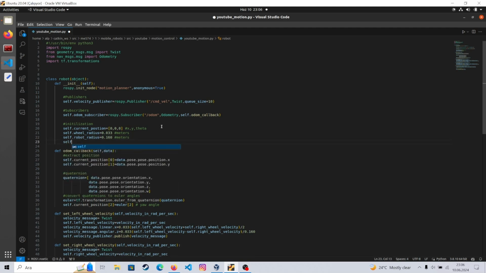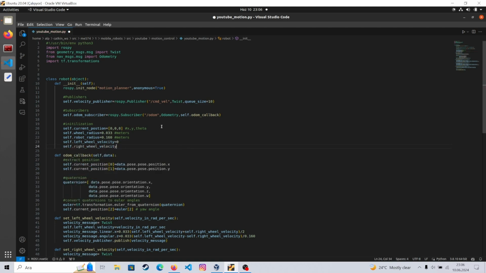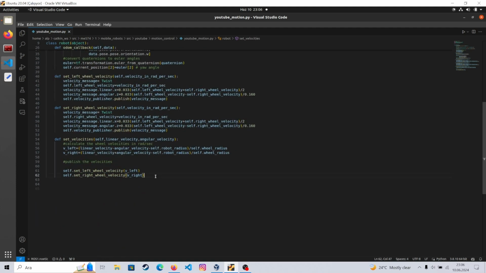And for the initialization, let's just say self wheel velocity. For now, just say 0 right wheel velocity. I'm not sure, I didn't get an error, but let's just see if something happens. If not, we are okay. And now our final part, feedback control. Our ugly piece, def feedback control parts,